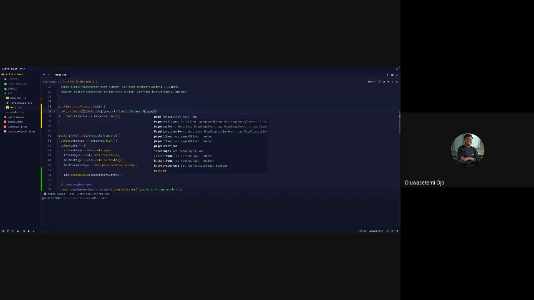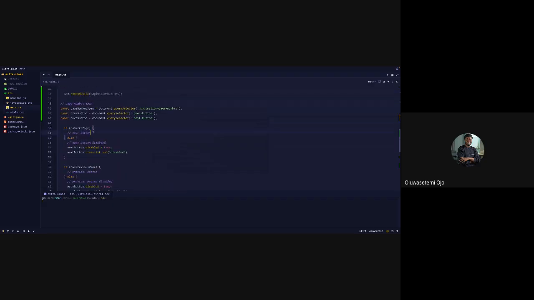So if page equals page here, it means that to call this function here for the next, I then need to fetch, fetchProduct, and pass it